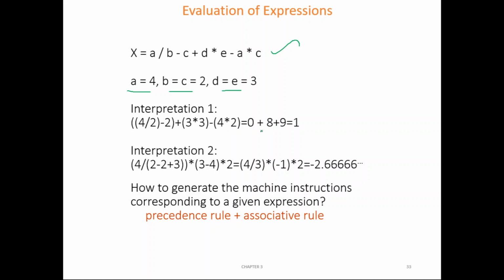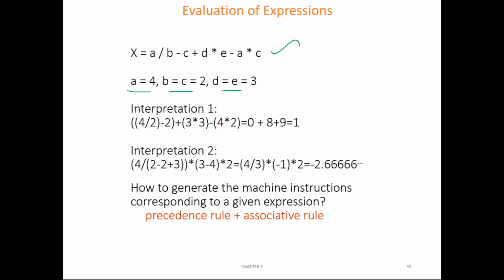In that case the result will be 0 plus 9 minus 8. 4 by 2 is 2, 2 minus 2 is 0, plus 3 into 3 is 9, minus 8.